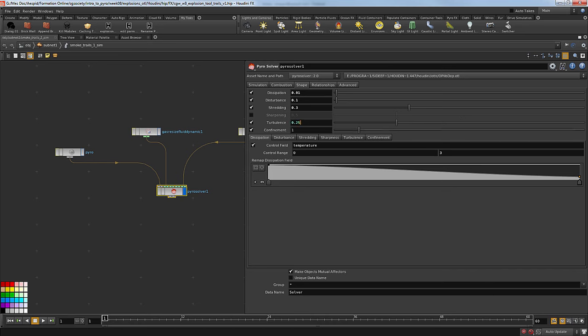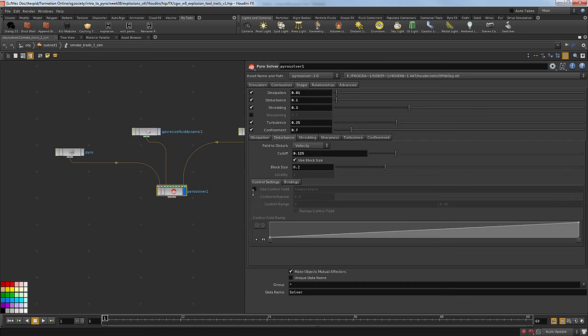Confinement, I'm gonna lower it as well to 0.7. So dissipation, I'm not gonna leave it at this, but I'm gonna go to control range, go from 0 to 2 instead of 3. Disturbance 0.1,